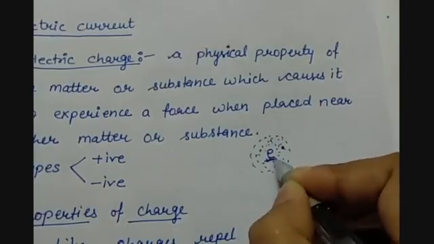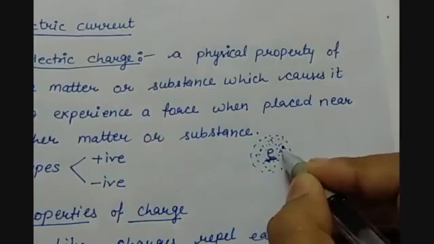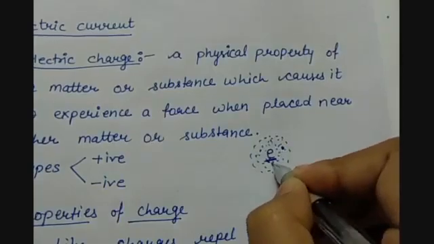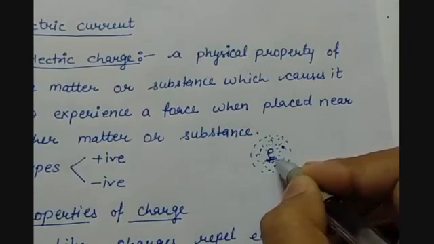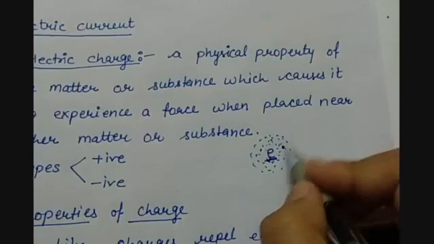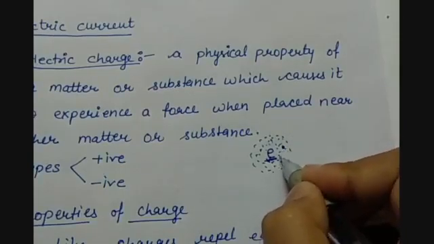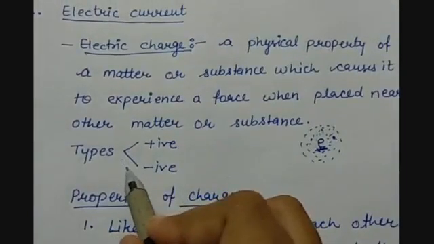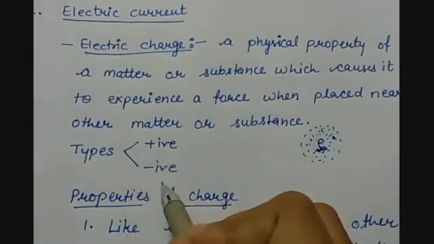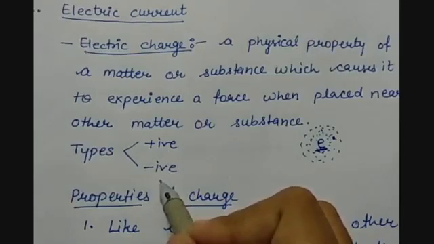If this charge is positive and we are putting a positive charge into its region, then it will repel it. If this charge is negative and we are putting a positive charge in this region, then it will attract it. And if this is positive and we are putting a negative charge, then also it will attract it. So that is how we can say that there are two types of charges, positive and negative. When we studied charge, we have seen how the charge is generated on any surface.